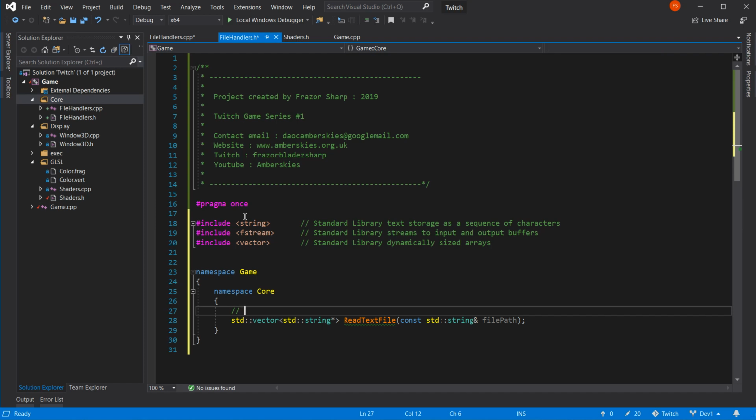Right. Okay. I'm just going to put in what it says. Reads a text file from the given file path. I've got to put file path in there because if anybody's been using Qt or something like that knows there are different types of file paths, especially when it comes to resources.